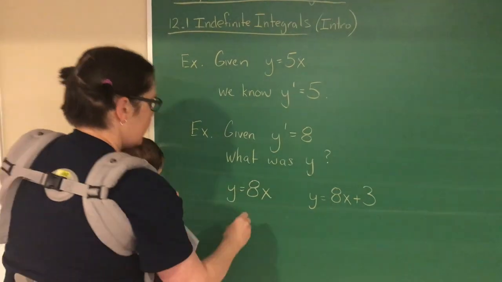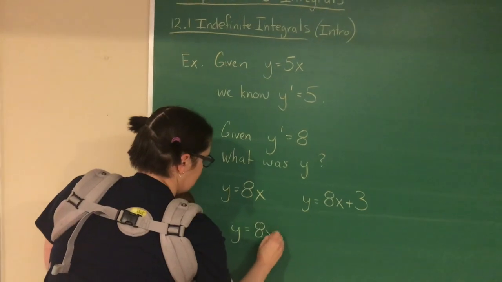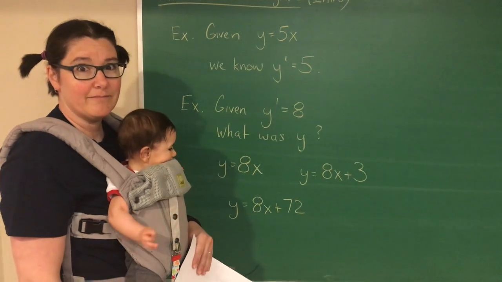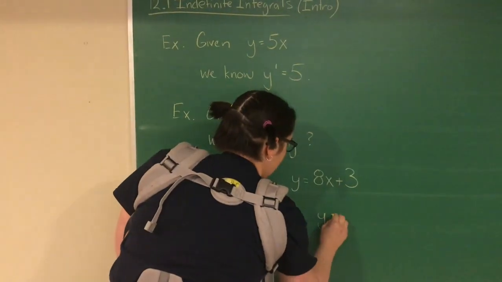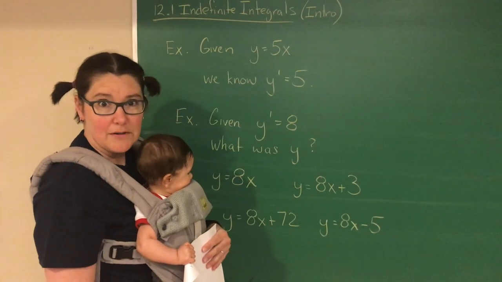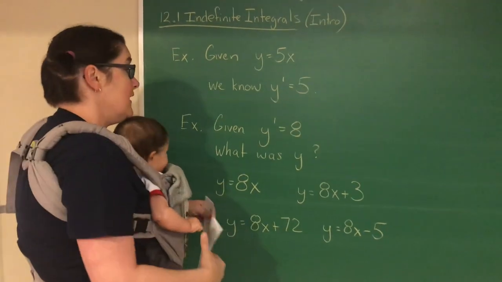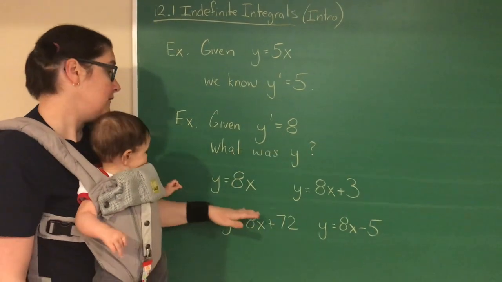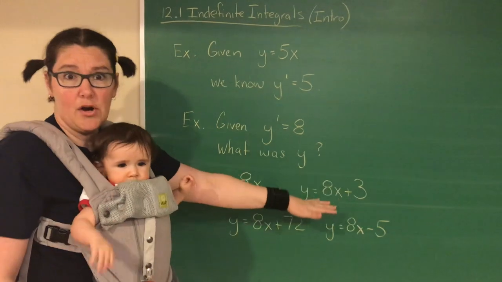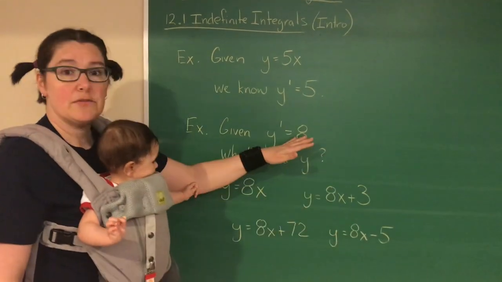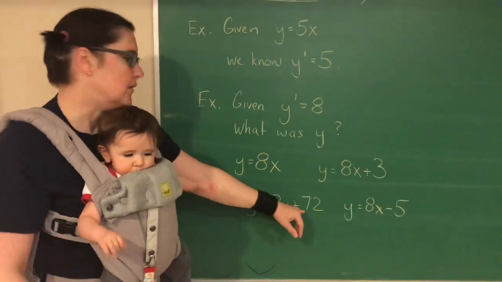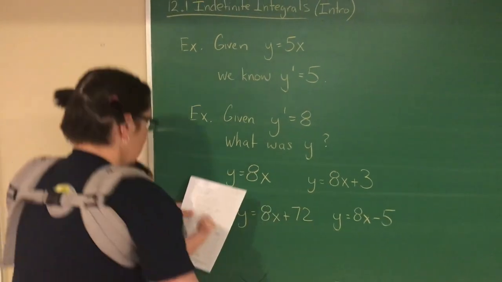Or, what about y equals 8x plus 72? Its derivative is also 8. Or even y equals 8x minus 5. Derivative is still 8. So actually, when you have a derivative of 8, there are a lot of original functions whose derivative is 8. And the way that we compensate for having all of these different functions that all have a derivative of 8 is, instead of writing them all out, because there's infinitely many, one for every single added on constant that you can have, we write,